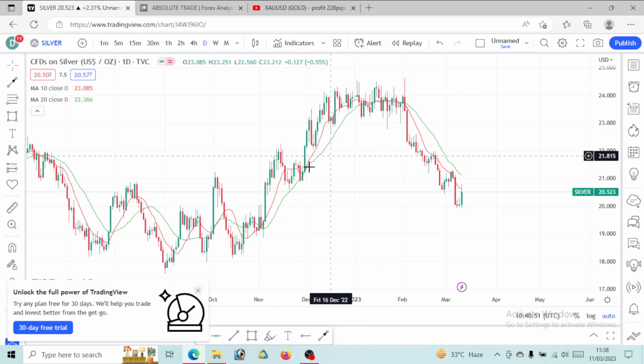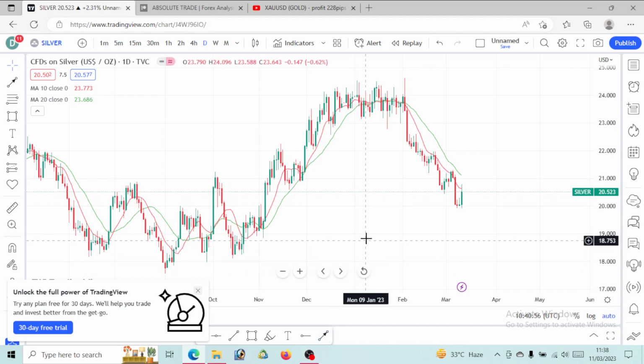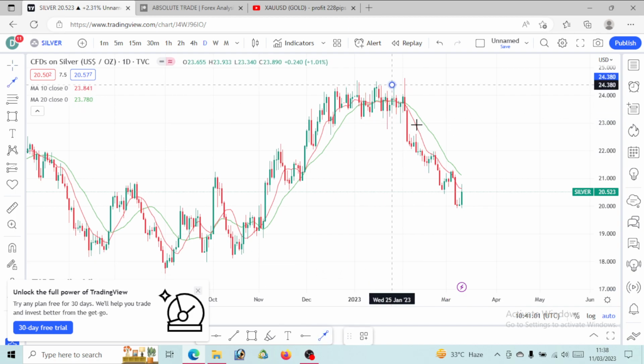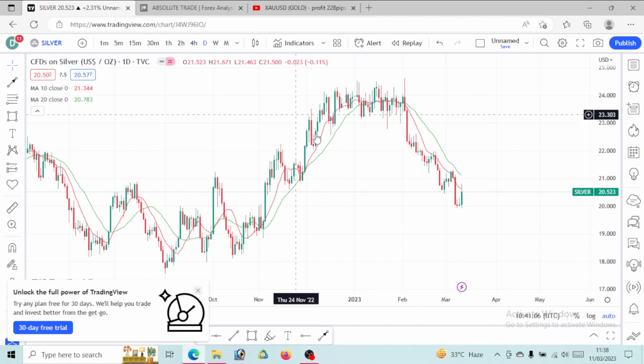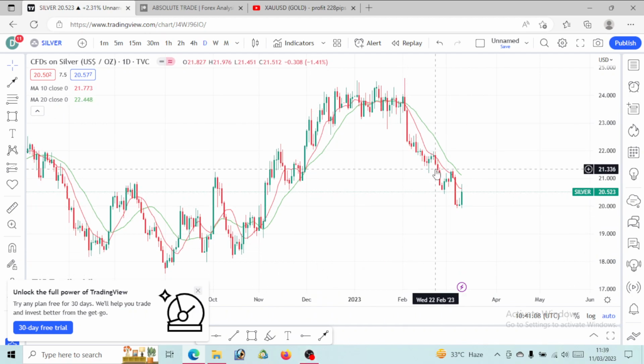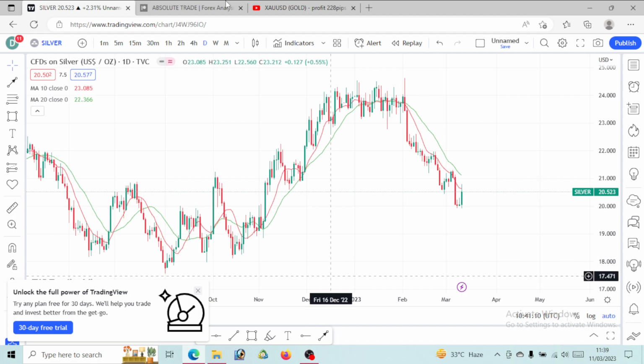So, we would want to know where this silver will be moving for this week. Take a look at this. First, we would want to know the trend, right? Before you place any trade, you would want to ask yourself what is the trend for that movement you are trading, and we can see that clearly this is a downtrend movement. And one of the things is that we will continue to expect more drop on this silver.